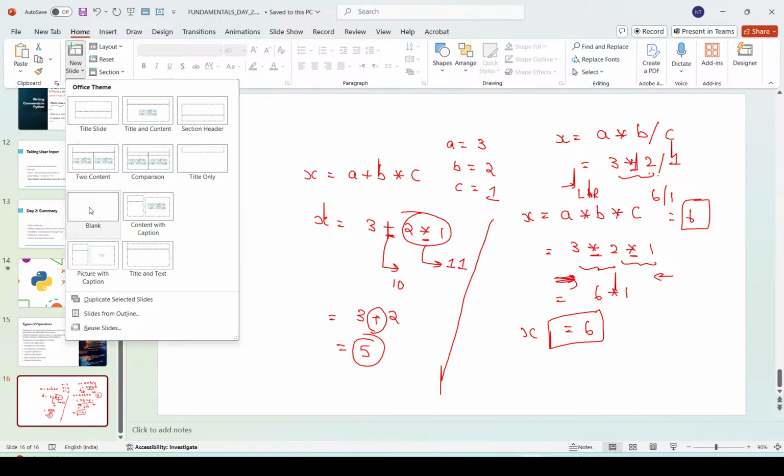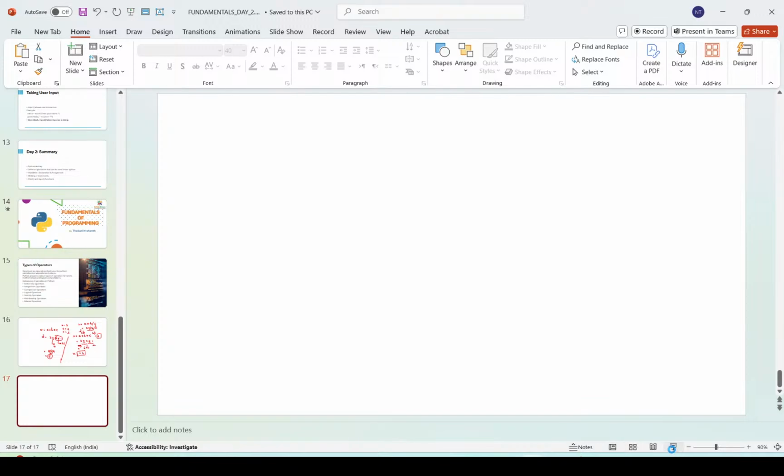Okay, so here, suppose you're operating with an expression. Let me say there is an equation where you want to find out (a plus b) by 2, which is nothing but the average. You want to find the average of two numbers. Now see here, when you are performing this in programming,